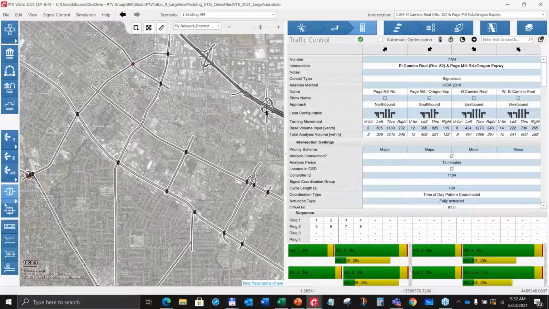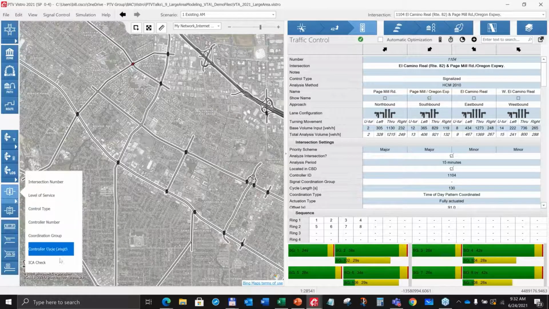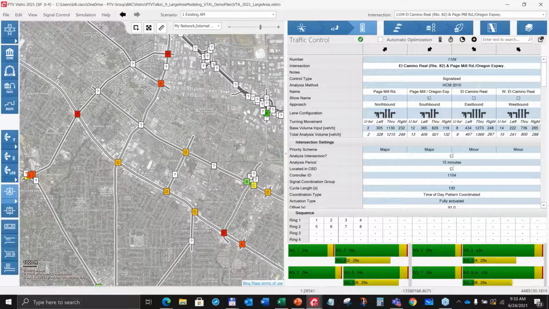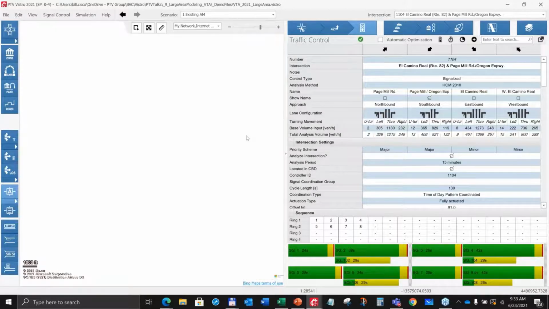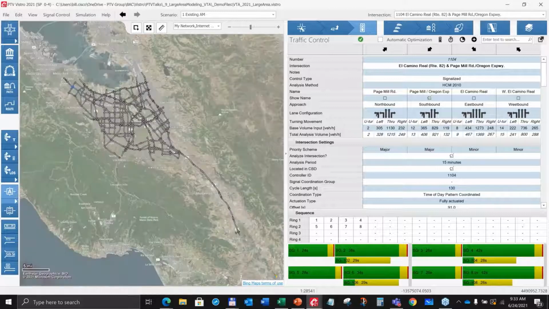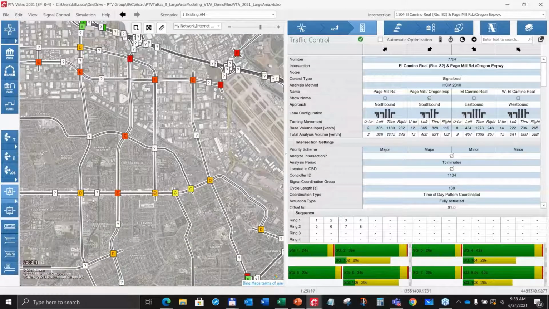Of course, if I'm all the way zoomed out like we were originally, I won't be able to see everything that I might want to post, but you can do a lot of things within the specifics at these larger scales where you can still see some monitoring on quick views, right? So of course, if I'm doing a particular study, I'm going to be zoomed in on where that study is located, but it does allow me a quick look at my network in such a large area and to be able to see how intersections are performing, as we've done through other webinars in our intro to Vistro Basics section, I would say, at least.